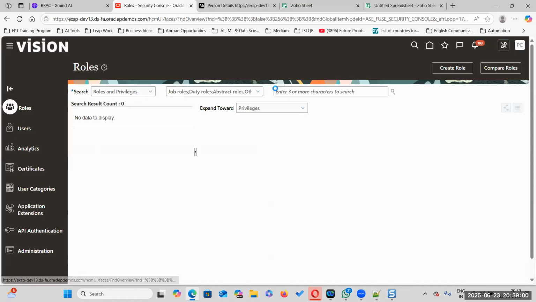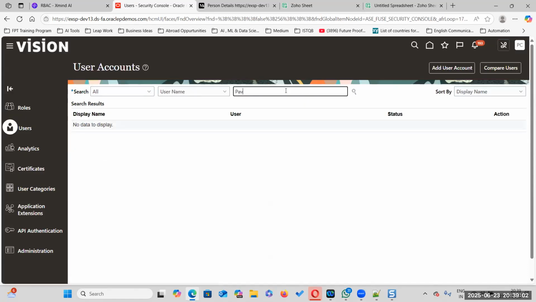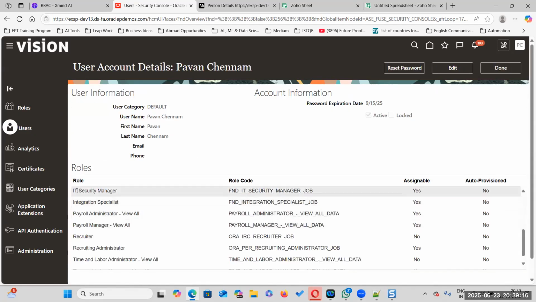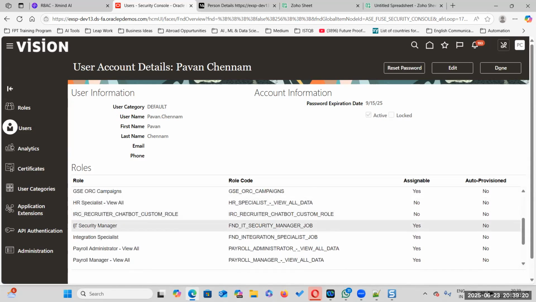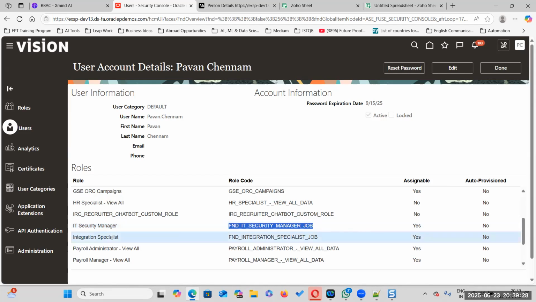Search for the users, Pawan Channam. So, is the IT security manager there or not? It is there. FND IT security manager. An integration specialist role is there, mainly for integrations with HDL.